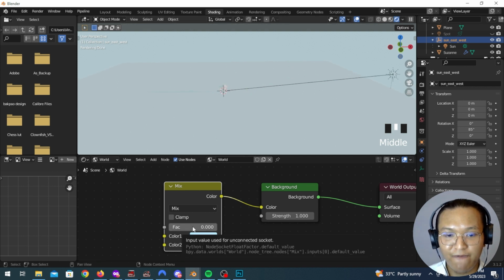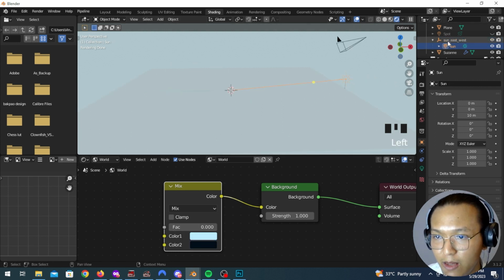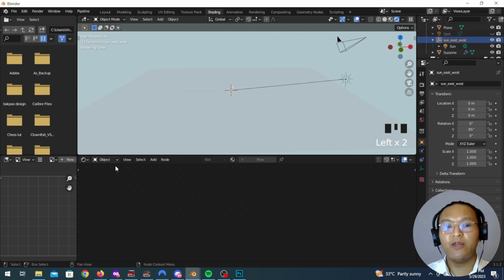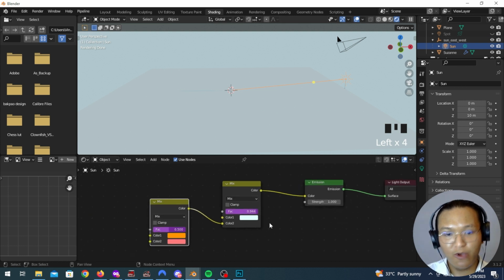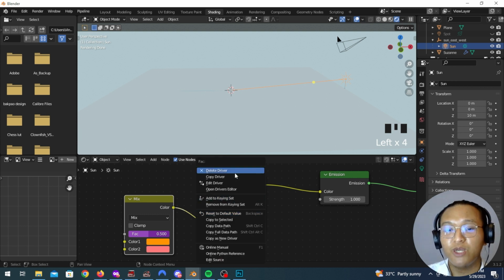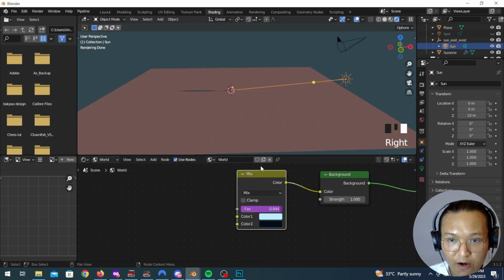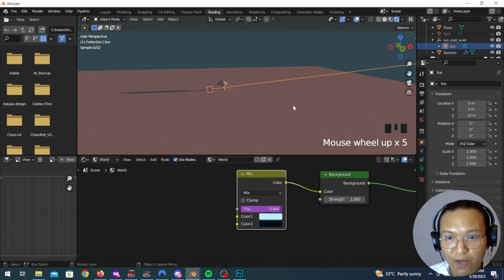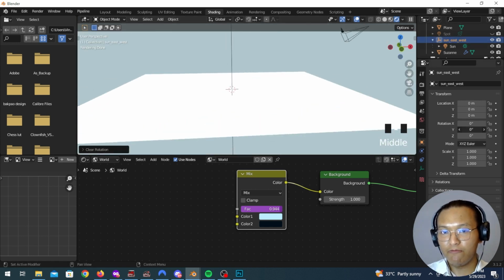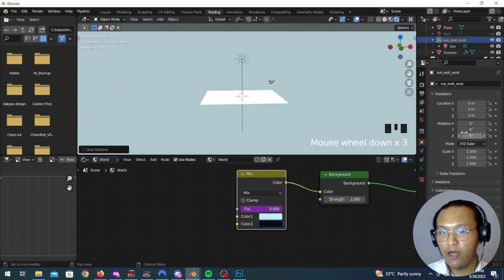So next we're gonna have to control the factor with the sun, the east-west rotation of the sun. And to do that, we don't have to do anything new. We can practically use this thing. We just have to copy driver, go back to world, and we're gonna paste driver here, right? So here we go. It's beautiful, right? So let's try it. So this is noon, right? Blue sky, blue light, gray, and